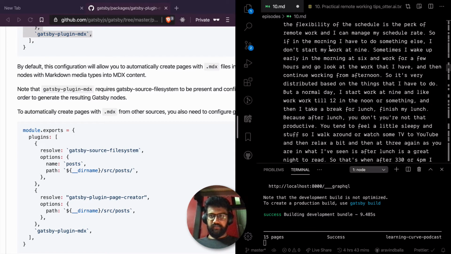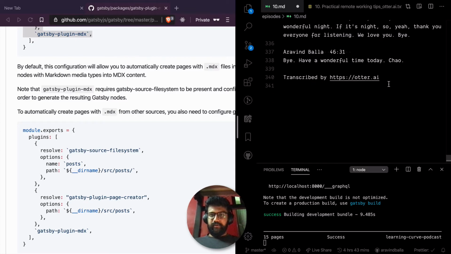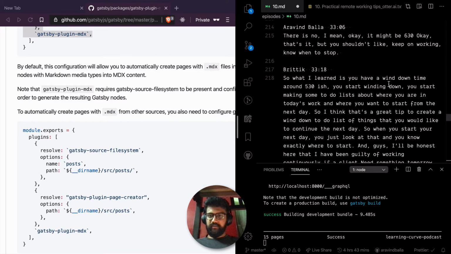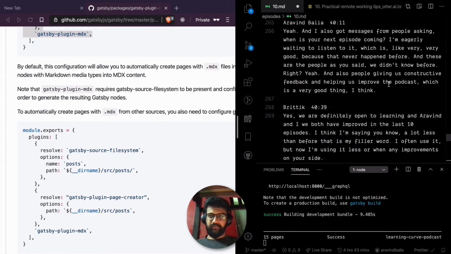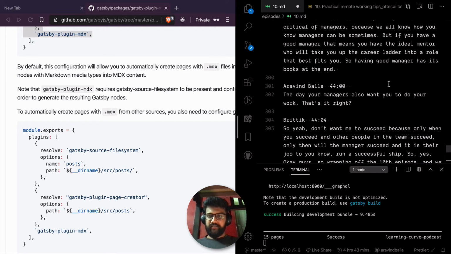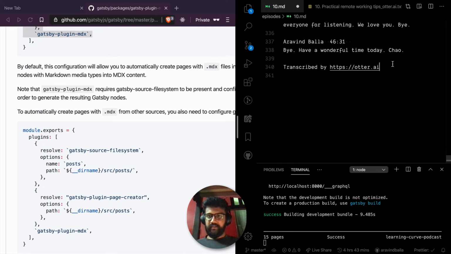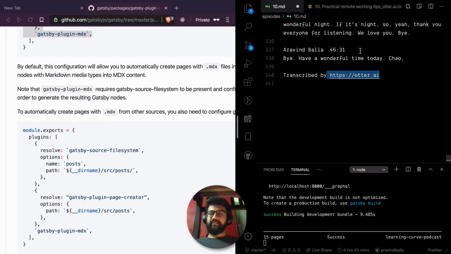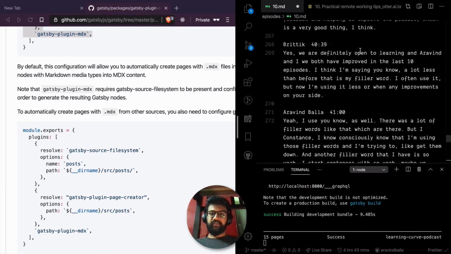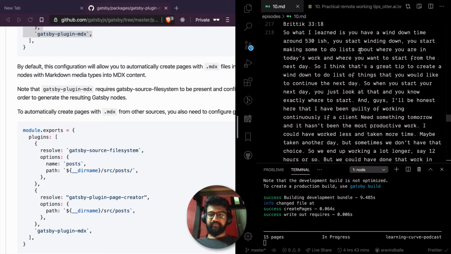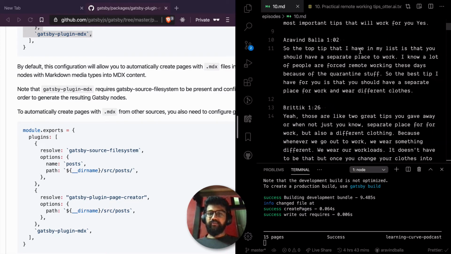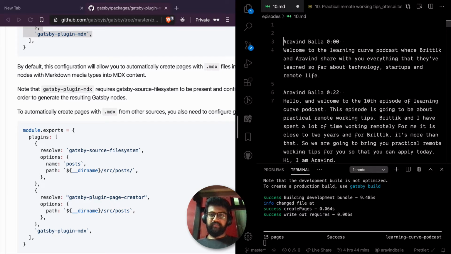Yup, so this is the transcript for episode 10. I used a tool called Otter.ai. It's an AI tool which helped me transcribe things. So 90% of the output was correct. I had to do a few edits here and there though.